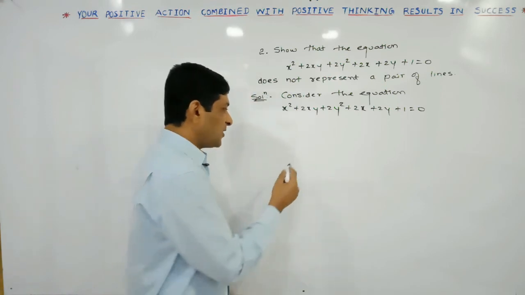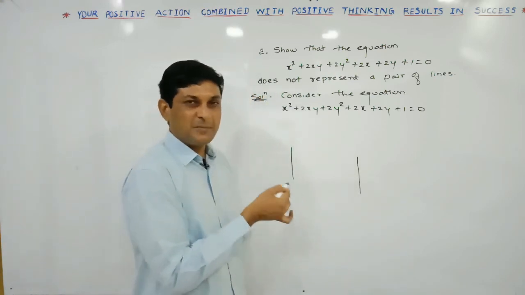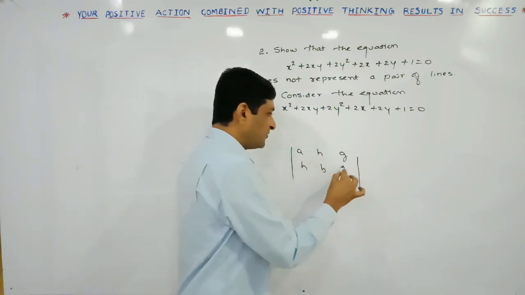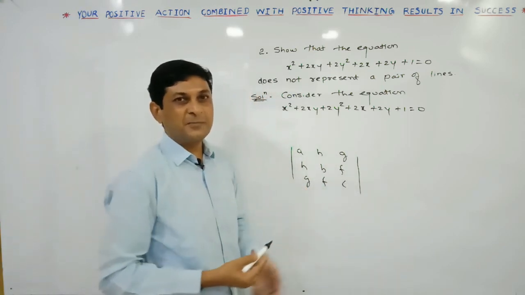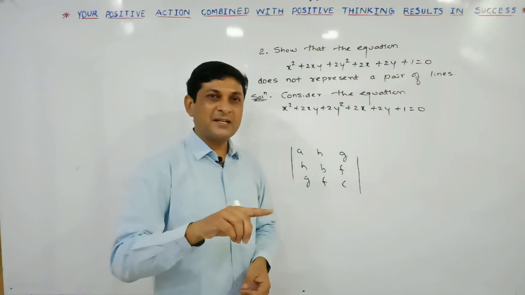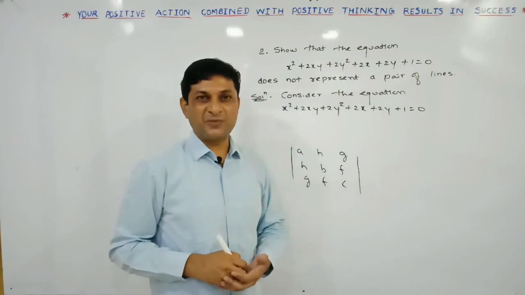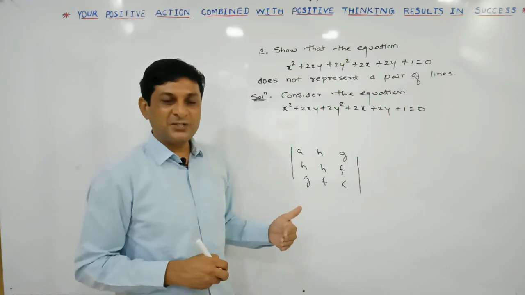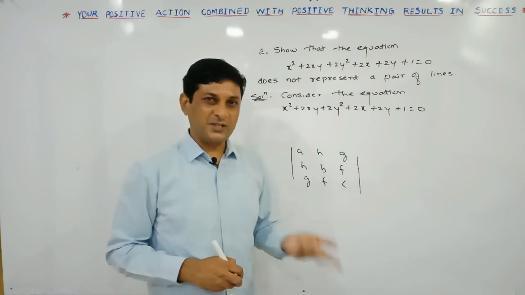So discriminant means what? Determinant. What are the elements of this determinant? Already we have seen one method to remember the elements, that it's a tall girl having a beautiful face going for college. If we are able to show that the value of this determinant is equal to 0, then we have to check whether the value of h square minus ab is greater than or equal to 0 or not. If both conditions are satisfied, we can say that this equation represents what? A pair of straight lines. We have already seen these conditions in one video.